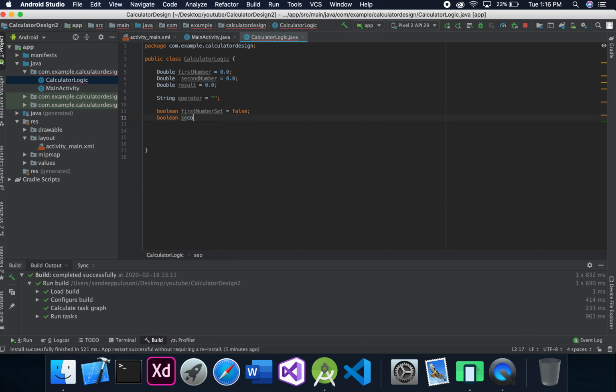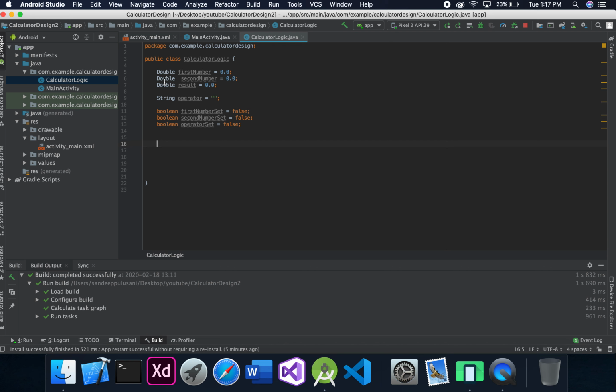Same like that, second number set false. And for operator set, false. And now I'm going to create functions for each of first number, second number and operator,